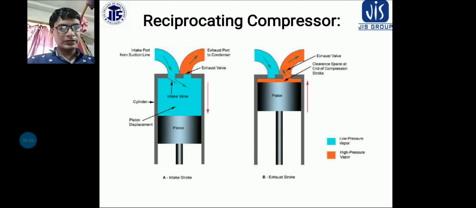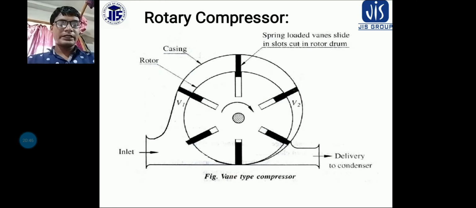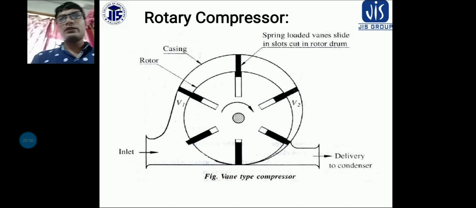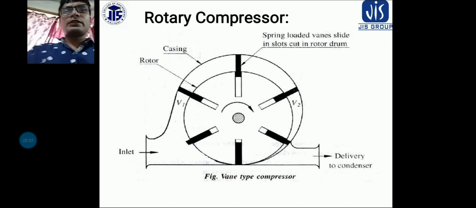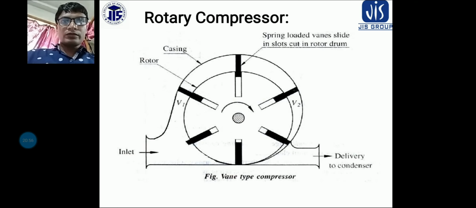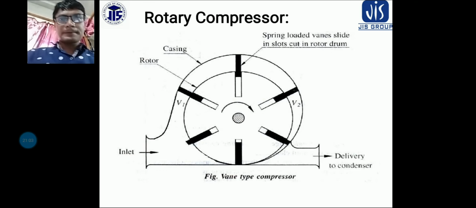So we are talking about the pressure ratio here, and the compression ratio may also be defined as the total cylinder volume to the clearance volume. So volume at the beginning of compression to the volume at the end of the compression is called your compression ratio. Okay. Now another term you need to know, that is your suction volume. So suction volume is basically the volume of refrigerant sucked by the compressor during its suction stroke.